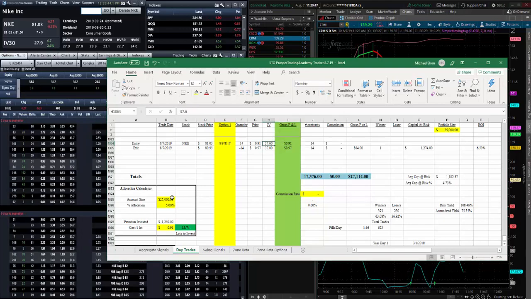Nancy, the IV number. Well, you're either going to have to look at it on mine or it's somewhere on your platform. If you have an options trading platform, implied volatility is going to be somewhere in there. I pull it from